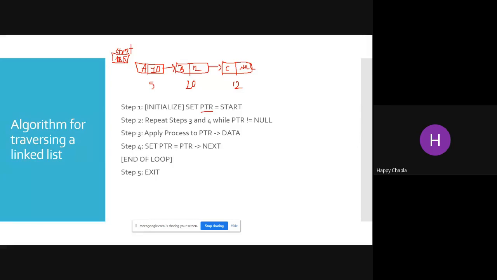Now, if I am starting with the start variable and moving my start to this number 5 location, what is the problem over here? I'm moving over here, yes, I'm printing A. Now, if I want to print B, what do we have to do? I need to refer to this address. What is the address part of your A node? This node's address part is 10, right? So jump to the 10 location.